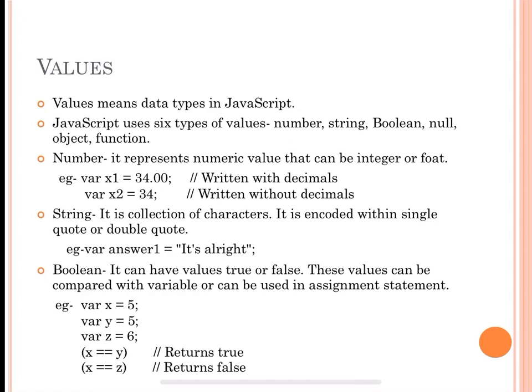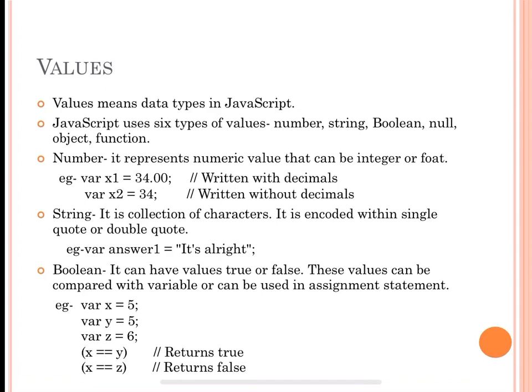So in total there are 3 variables. Variable x's value is 5, variable y is declared as 5 and variable z is 6. So if we write x == y, the x value is 5 as well as y is 5, so it will return the boolean value true. Then if we write x == z, that is, the value of variable x is 5 and z is 6, they are not equal, so this will return the boolean value false.